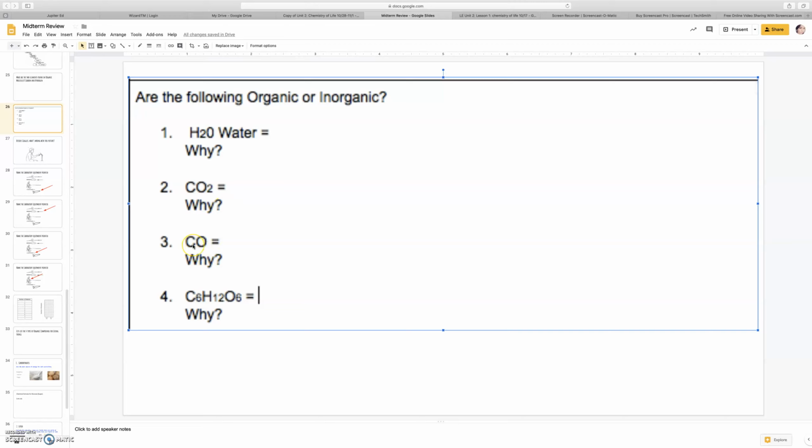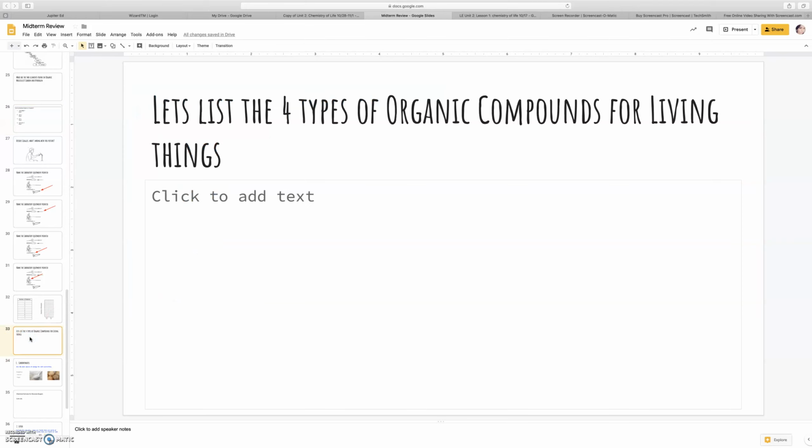This one is carbon monoxide. This one is inorganic because it doesn't have hydrogen. Number 4 is organic. We finally got one, specifically glucose. This is glucose sugar, and it's organic because it has carbon and hydrogen. But one of the things that you also have to remember is that sugar is made from living things, and that is an organic molecule. So now let's discuss the four types